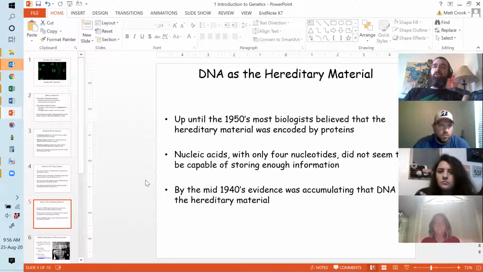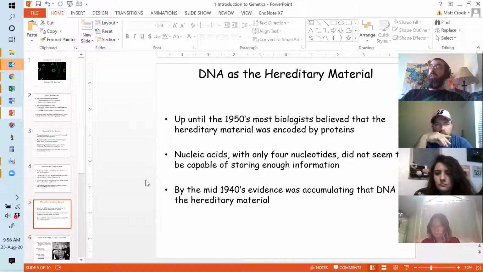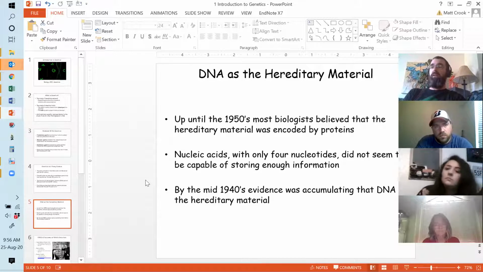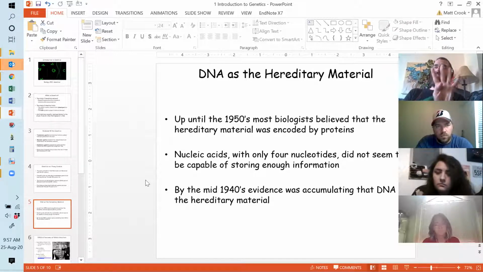And so the question was, how can that simple, very basic structure, right? It's really not much more complicated than, I don't know, sugars, right? Starch, cellulose, things like that in terms of complexity. How can that simple material result in such a huge diversity of amino acids, right? 20 amino acids, and proteins, right? We didn't know it then, but we know now that we have about 20,000 genes, give or take, right? So how can you get that degree of complexity from just 4